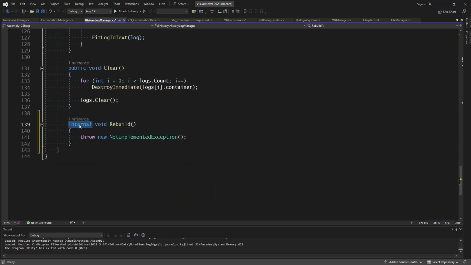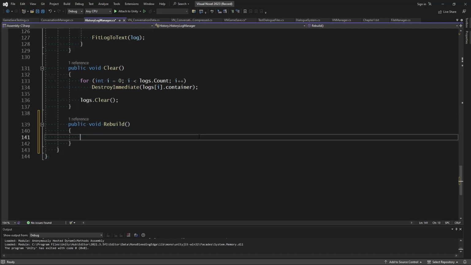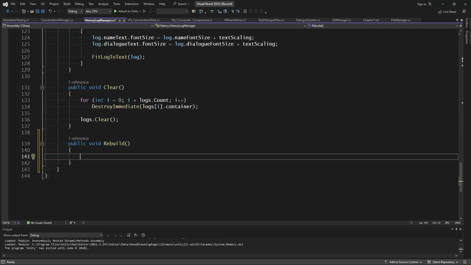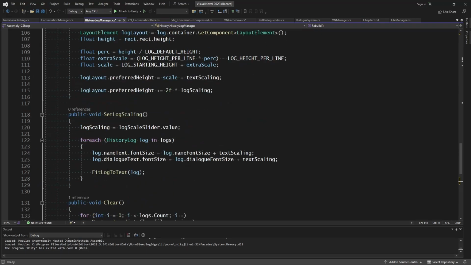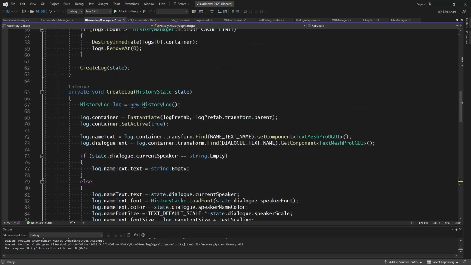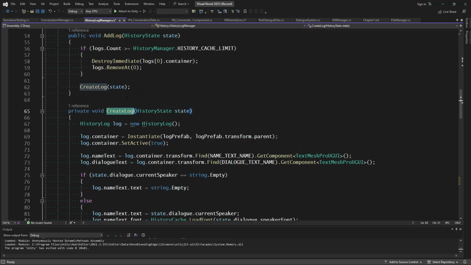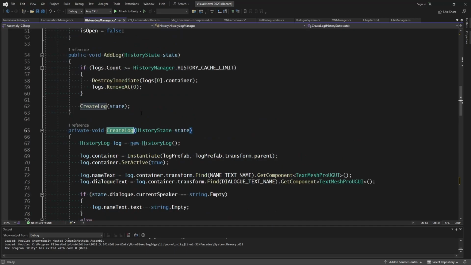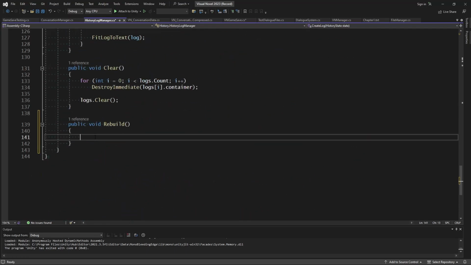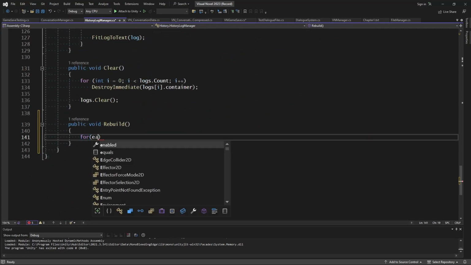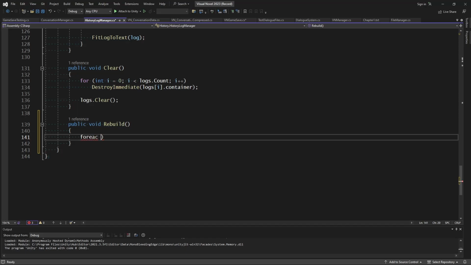So here we are. I'll make this publicly accessible, public void Rebuild, and basically all we're going to do is go through every single log inside of the history manager, and add a log. So we're going to use this create log function, but do it for every single one of the history states. All right, so let's do that. I'll just do a foreach, for each var state in